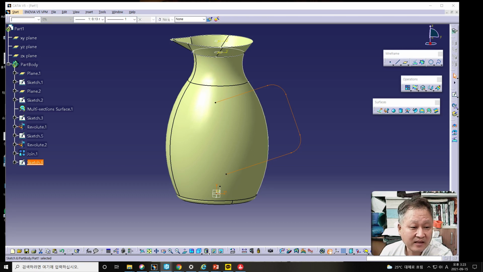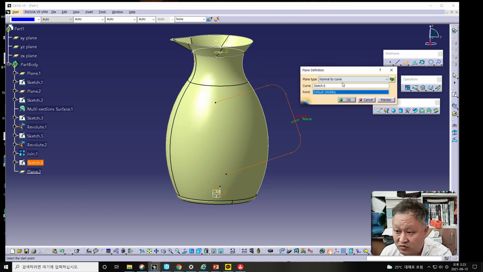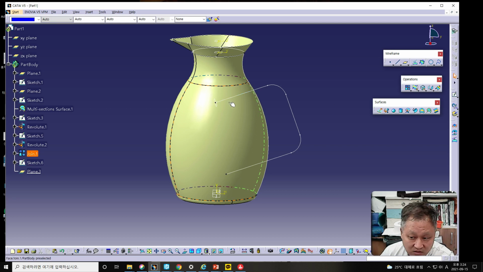click Plane and make a new plane by the third item of the wireframe toolbar, and it should be changed to normal to curve, and a curve should be defined in this part. When the dialog box is blue, the point should be defined in this part. If we click OK, then the new plane at the start of the handle can be